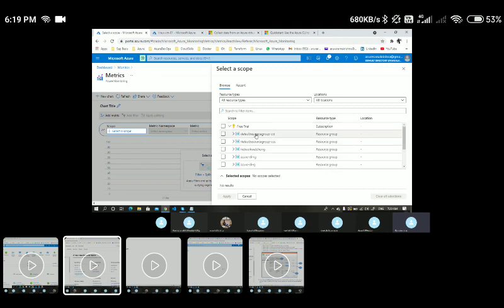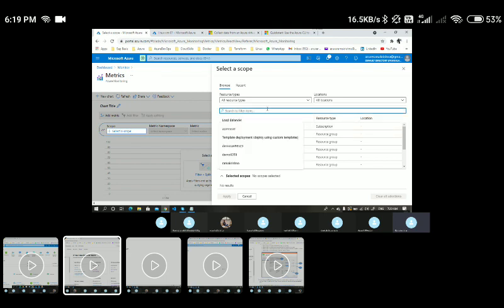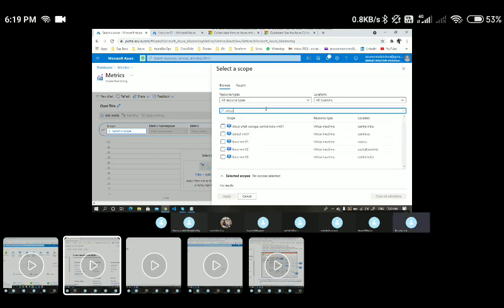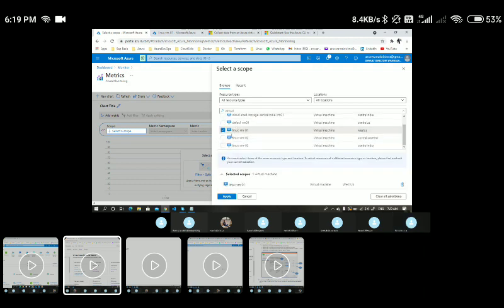If you want a specific service, you can just search it here, filter it here. I'll say virtual machine, and as soon as I enter virtual, I will see only virtual machines. These are the only two servers which are up and running, so I want to set up monitoring for VM01 and VM02. I will choose these two VMs, or maybe only one. Let me click on apply.